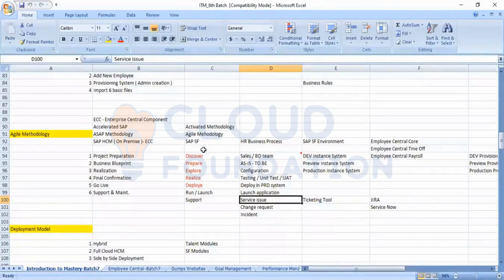Because when you're getting into a project, these are something which nobody will tell you. This generally comes with experience, or when you get some activity, you will know this is the process in a project which goes on.